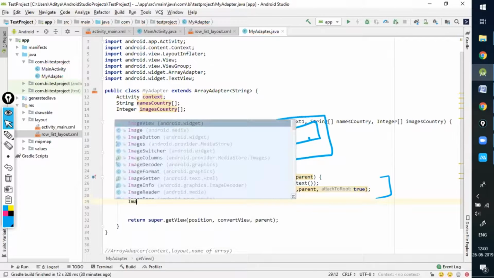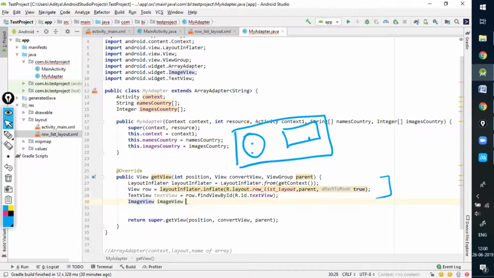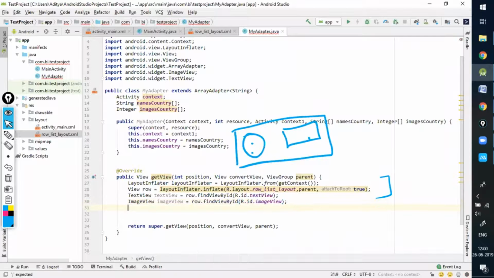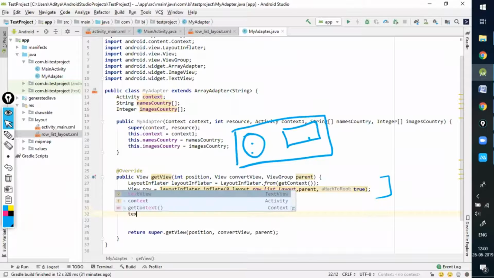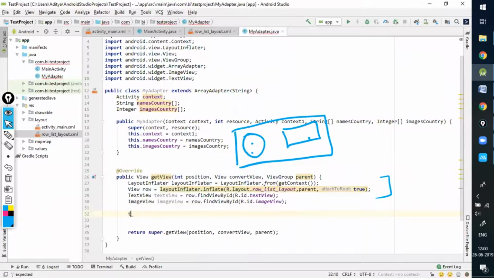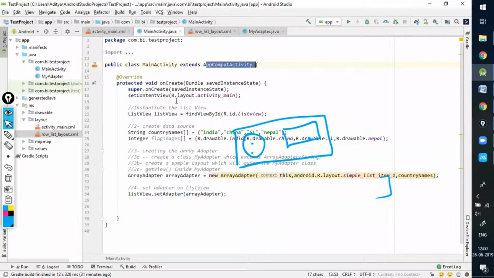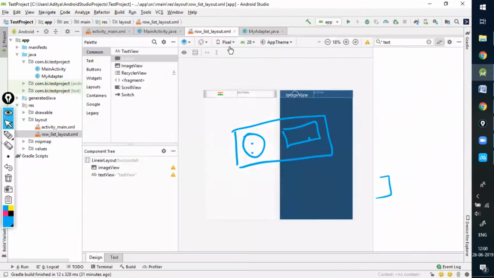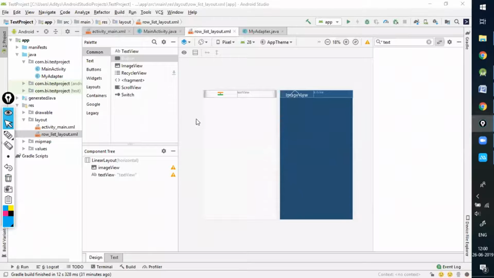After this, ImageView imageView equals row.findViewById(R.id.imageView); semicolon. Now what I did, I instantiated. Look, guys, this is similar to the main activity's onCreate function. I have already fetched this file. Now I have to instantiate these two things.